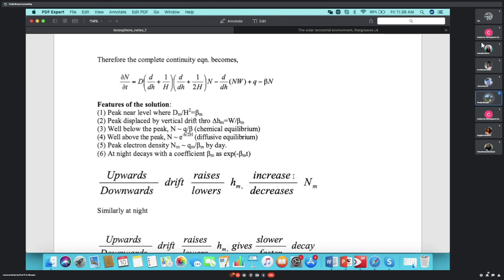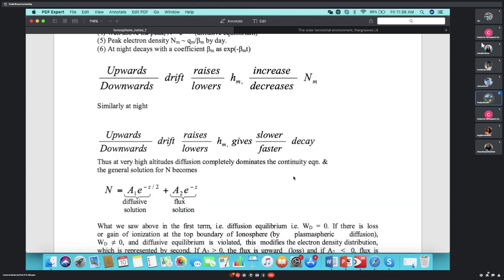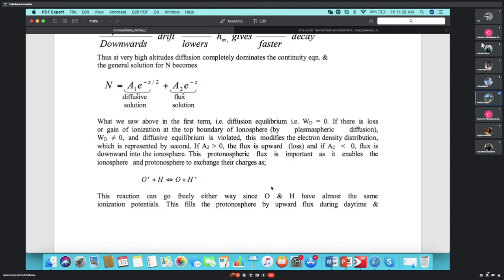Okay. Similarly, what happens at night? Same thing, but at night your increase and decrease is not very significant, and the rate at which this increase and decrease in density occurs will be slow. That means the process of recombination will be slower as it goes up. It will be faster as it goes down. Okay. So at very high altitudes,